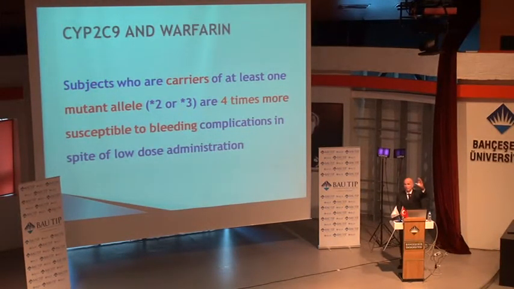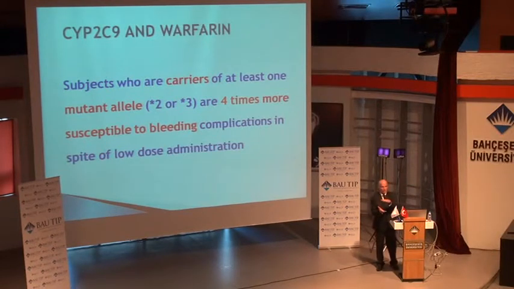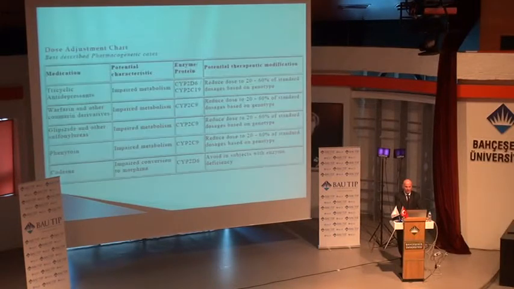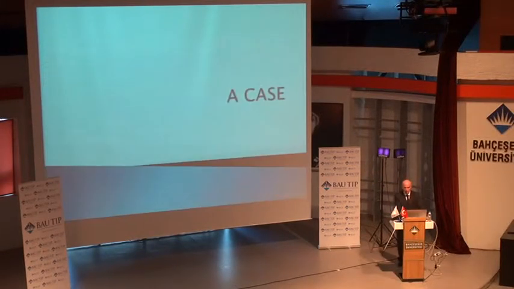And you find always, if grandma comes out of the doctor's office, she comes with a big package of medication, probably they are all competing with each other. And warfarin, for example, has a typical bleeding complication 4 times more in such a situation. So there are tables for you as a doctor where you can calculate the dosage for the patient following the genetic result. This is important, so that you can reduce the dosage to 20 to 60% of the standard doses or whatever. So you can do this.